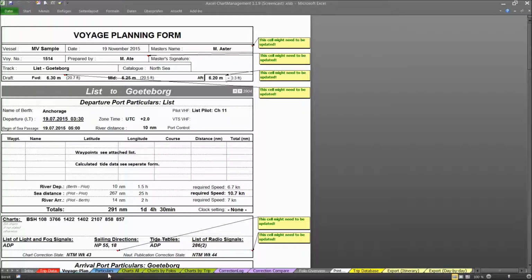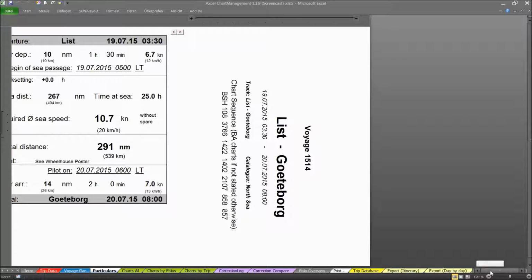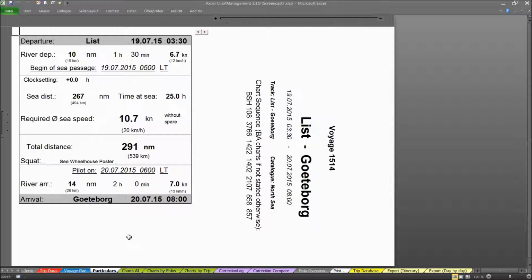Next is the worksheet particulars, and this worksheet was designed to be printed out and then folded in the middle, and the officer who is in charge of preparing the voyage and also the paper charts can actually use this paper to mark that particular stack of sea charts that he prepared. Especially if there are several stacks of sea charts, then it is necessary to mark them, and this paper will give all the necessary information, of course also the chart sequence, and also other information relevant for that